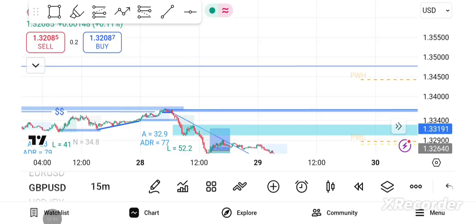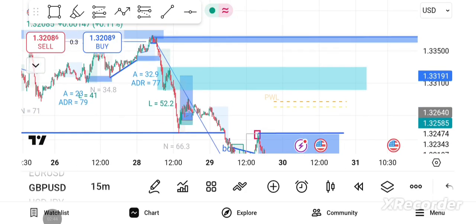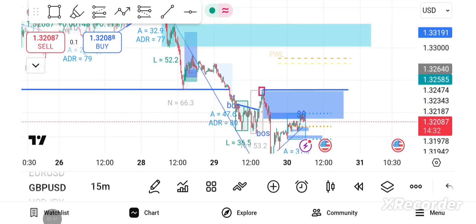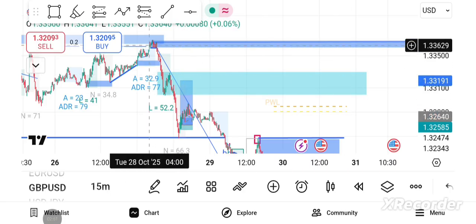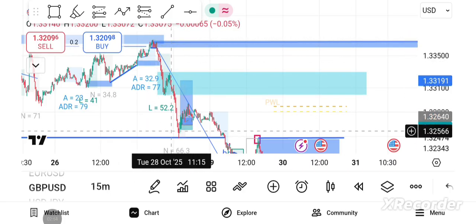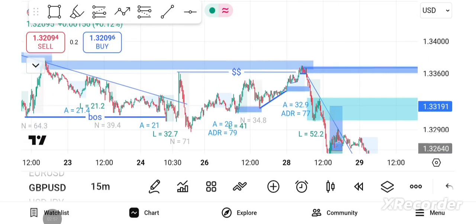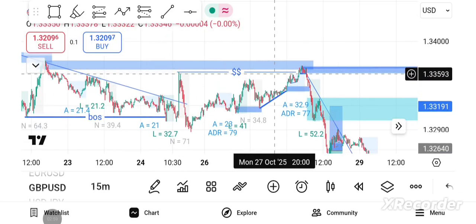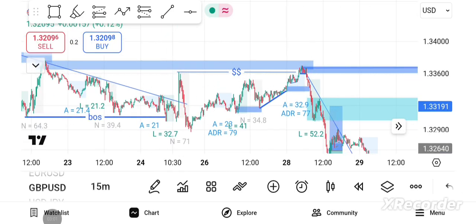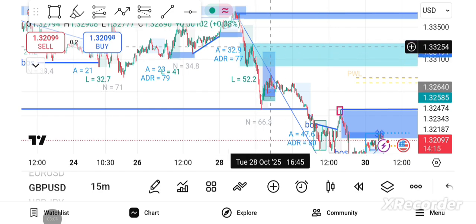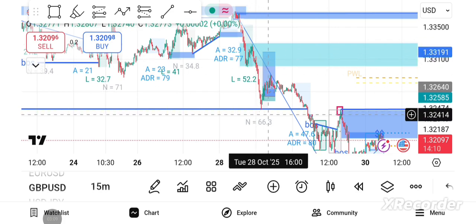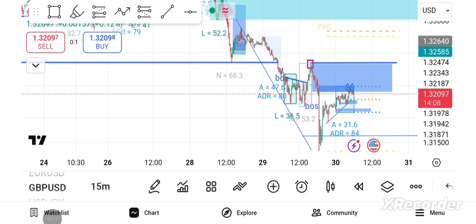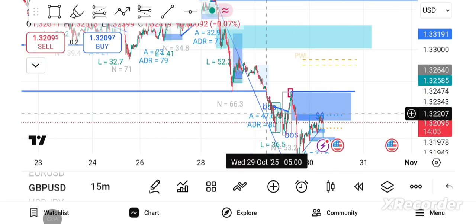Now, first things first, we need to mark out our relevant point of interest, which is the supply zones, right? So we have a supply zone here, this inducement that led to the bearish push because it swept liquidity of this supply zone here. So we mark it out as the extreme, and we also have the decisional supply right here, the second lower high that made the lower low. So this is our supply zone, and the other supply zones are just weak